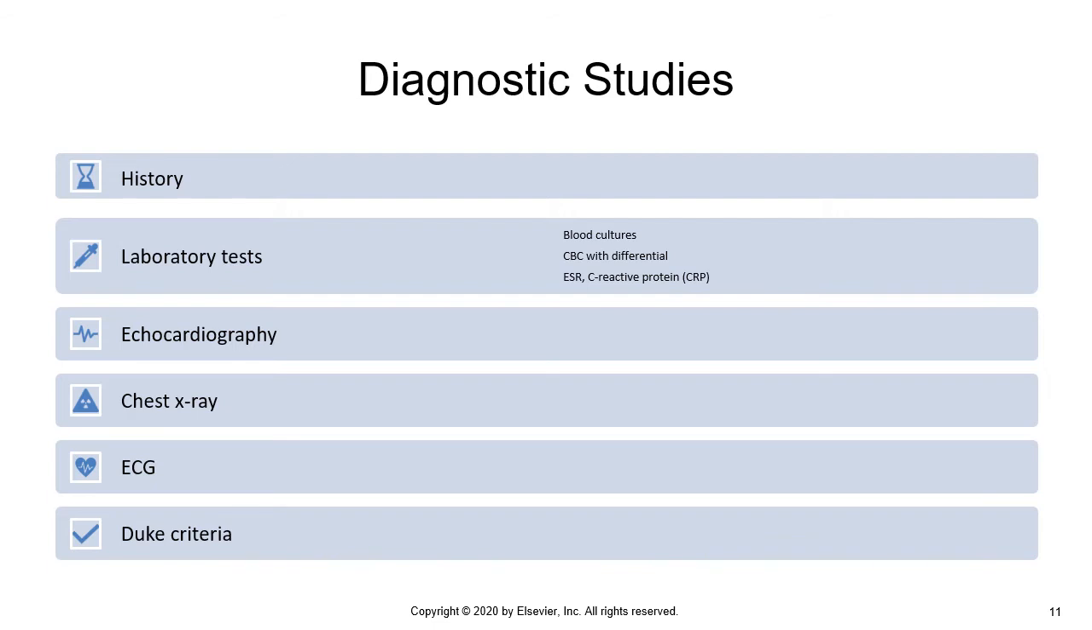The erythrocyte sedimentation rate, or the ESR, and the C-reactive protein, the CRP levels, may be elevated. Echocardiography can show vegetations. Guidelines for the diagnosis of IE are based on the Duke criteria. The patient must have 2 major criteria and 1 minor criteria, or 1 major and 3 minor, or 5 minor